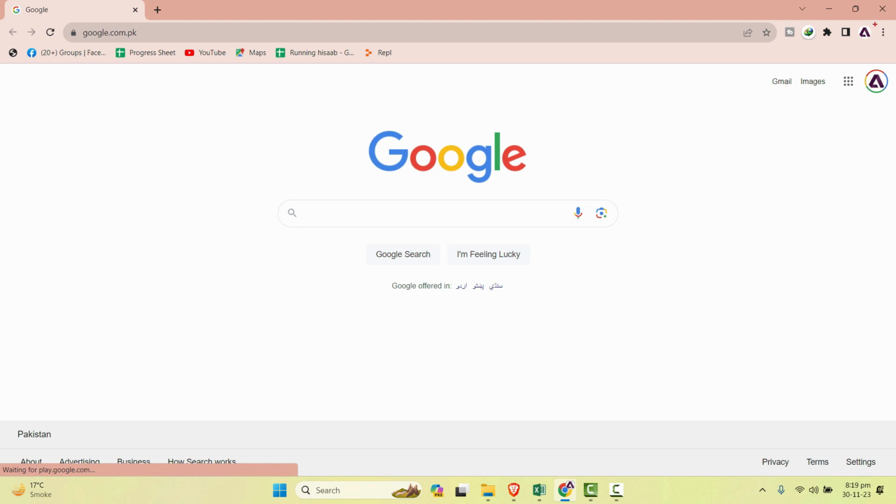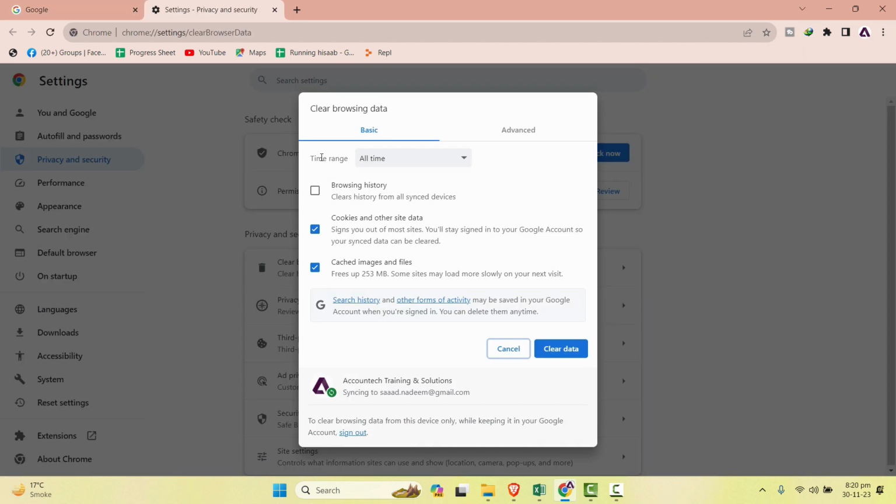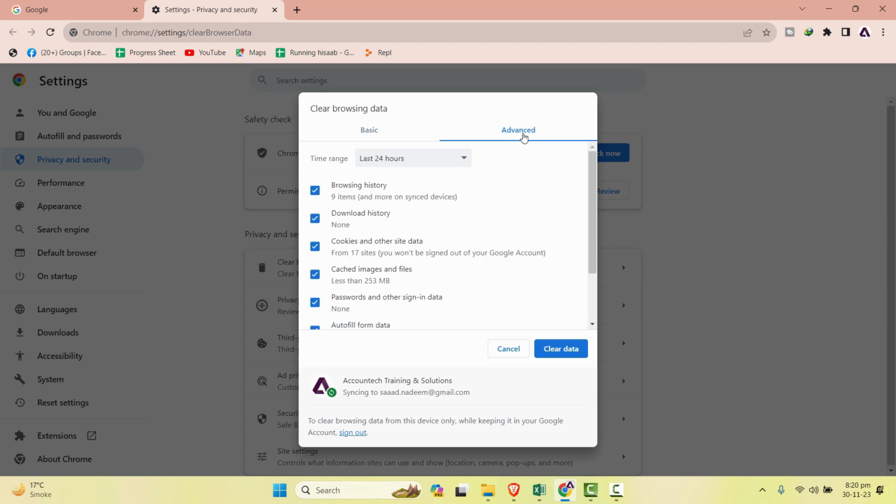First of all, you will click on these three dots right here. Go to More Tools and let's click on Clear Browsing Data. In the Time Range tab, select All Time and check the relevant boxes, and also click on Advanced tab, and